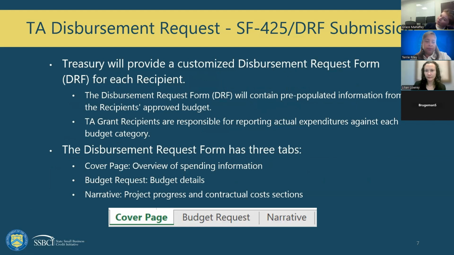And so this is similar to your capital program, but different in a way, because primarily what we're looking for here, we will provide you with a pre-populated form, and that primarily will be the budget that you submitted with your approved TA plan. We will have those amounts in a budget template. We would ask that you report your actual expenditures against those budget categories,